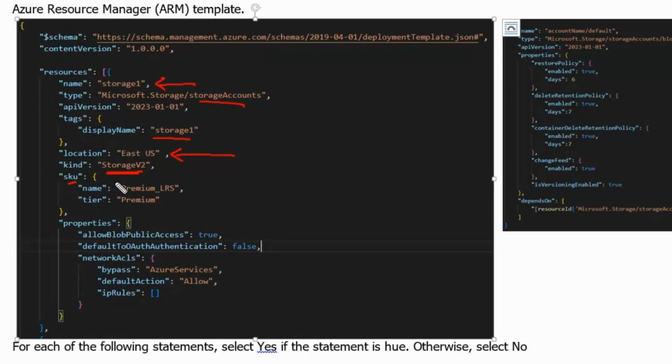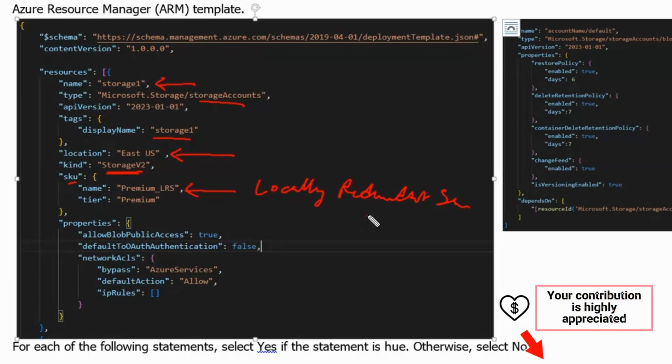Its SKU is Premium LRS, meaning locally redundant storage, which means it would have 3 copies of the data in the same region. It is of premium tier and public access is allowed. Default OAuth is false.